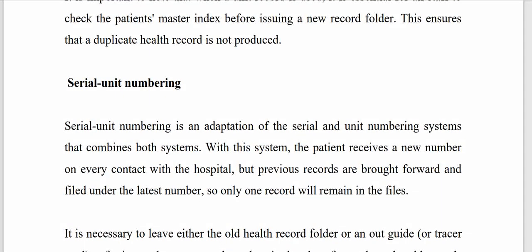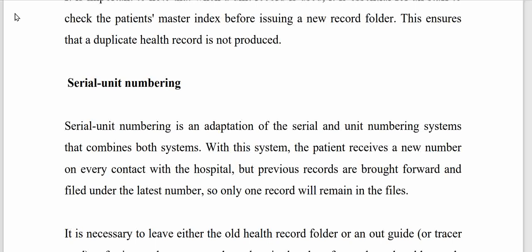A serial unit numbering system is the combination of serial numbering and unit numbering. So if you understood the difference between serial numbering system and unit numbering system, it is not hard for you to understand serial unit numbering system, because now these are those two filing systems which are combined